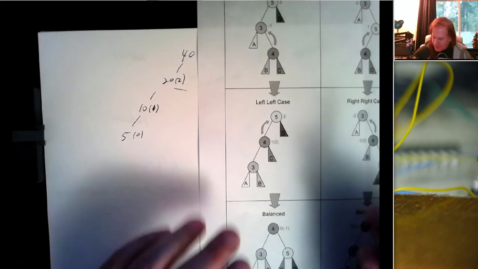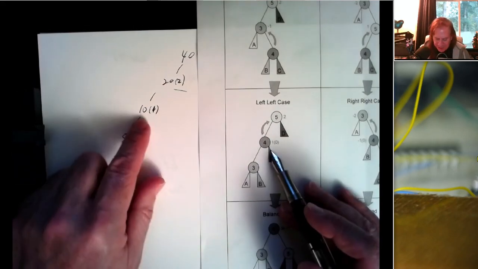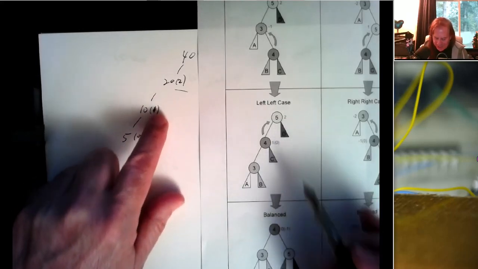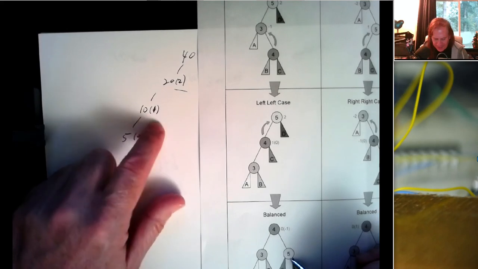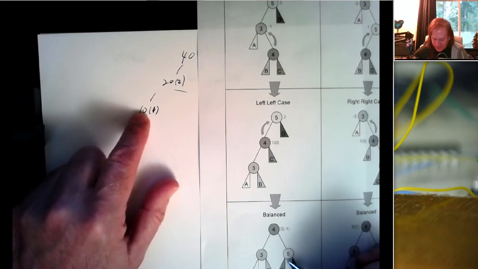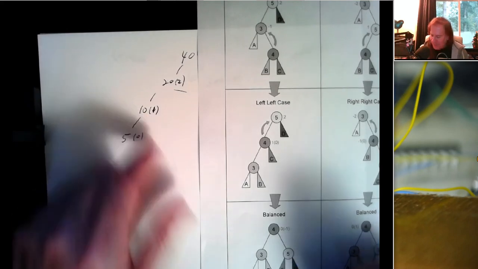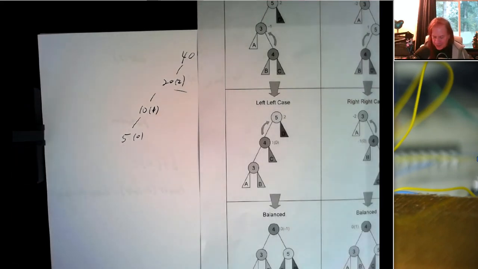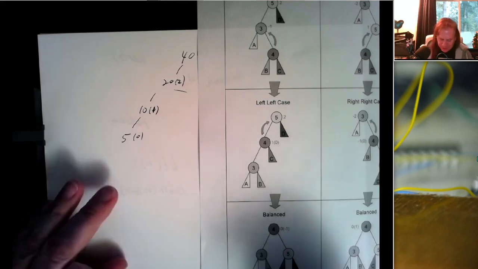And so the prescription is change this node 4 to be the root, bring its parent down to its right, and if this 10 had something hanging to the right, that would be adopted by 5. Well, this is a much simpler case because we don't have any subtrees A, B, C, or D. So I'm going to